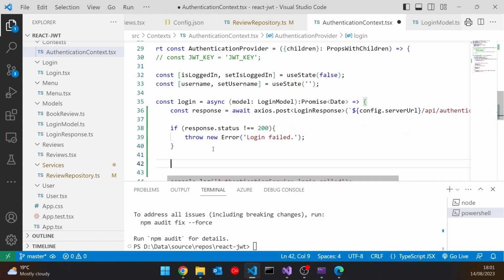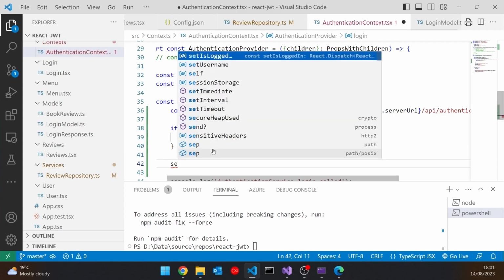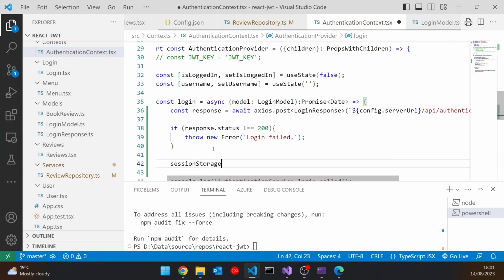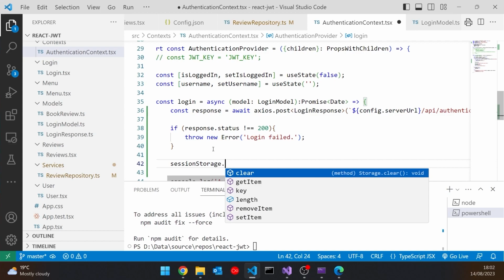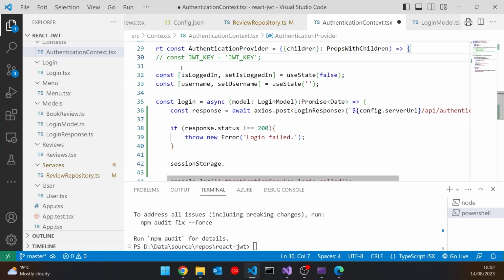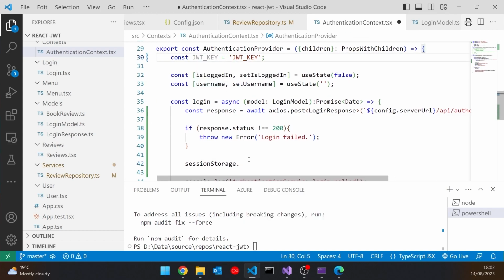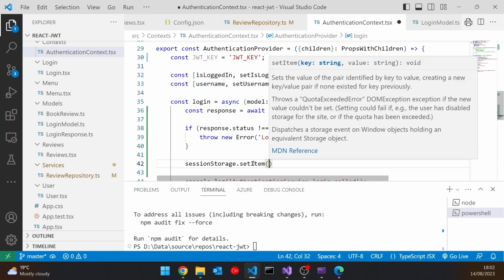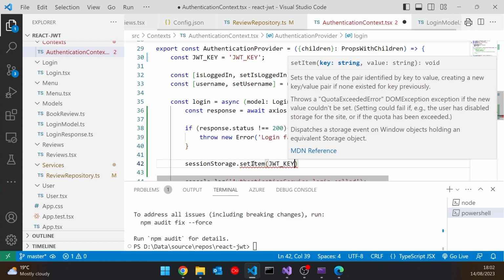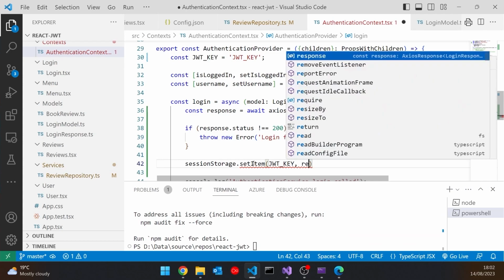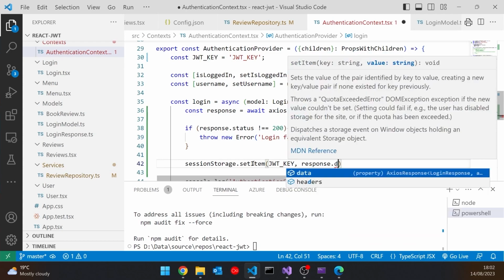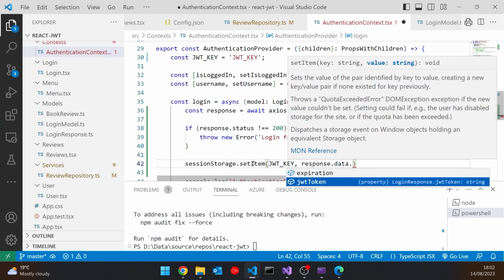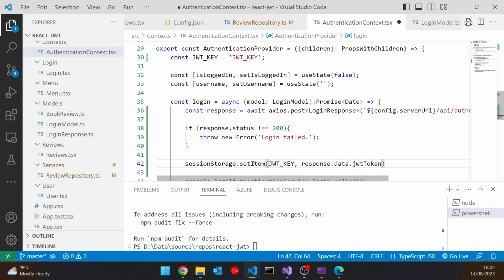So first thing we're going to do, like we've done before, is take that JWT out of the response and put it into session storage. So we've got a key that I just commented out there. We'll put that back in, same thing we've had before. So we're going to do a set item with the JWT key, and then its response.data dot, and then because it's strongly typed, we can just put the JWT token in there.